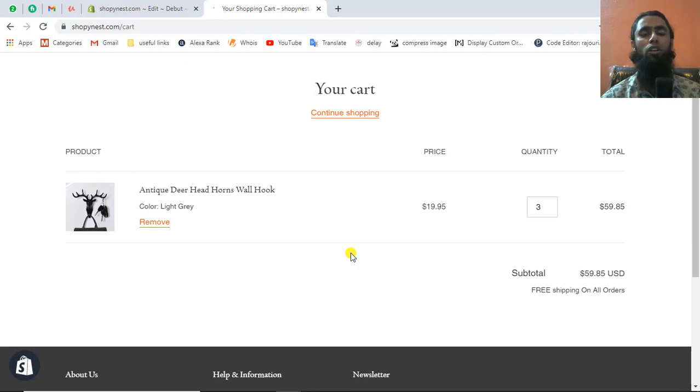All right, so you need not bother about the developer, that you have to contact the developer or you have to pay some amount to other people, because this is simple. If you are not sure about the coding, then still you can copy and paste the things and do the stuff on your own, right? So this is really simple.